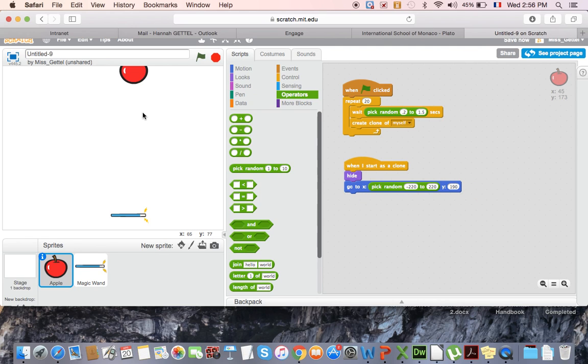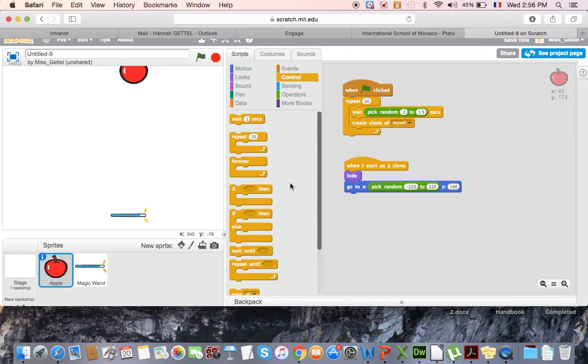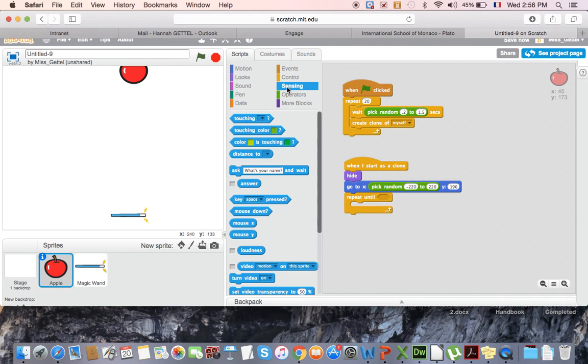Okay, so here we have this random changes. And then I'm going to choose the process of repeat until. So repeat until, this is going to be the movement. The movement is going to repeat until such times as the apple reaches the bottom of the page or touches the magic wand. So my repeat until is actually going to be repeat until